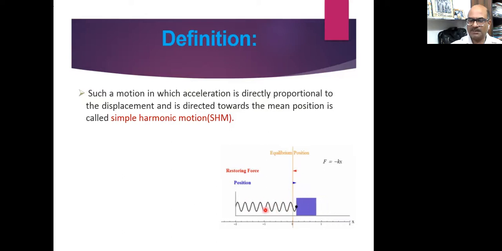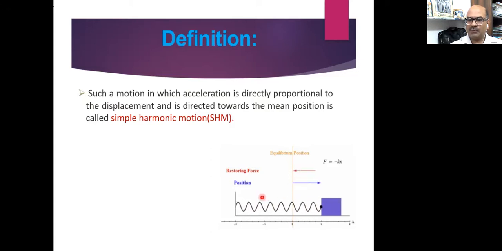You can understand this example because the spring is actually working, and the spring is providing the force in the opposite direction. And see here, when the spring is compressed,